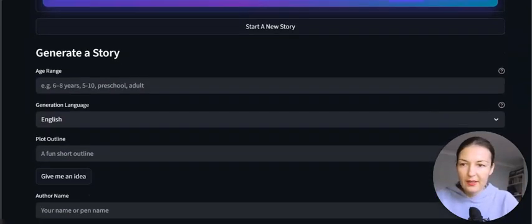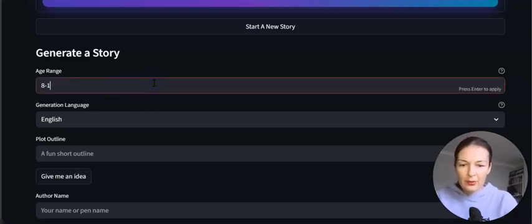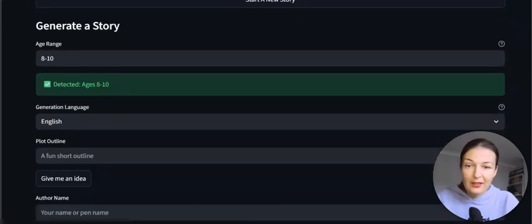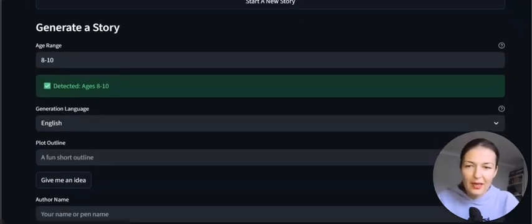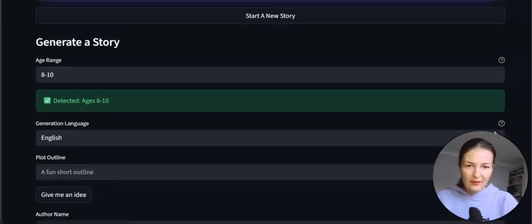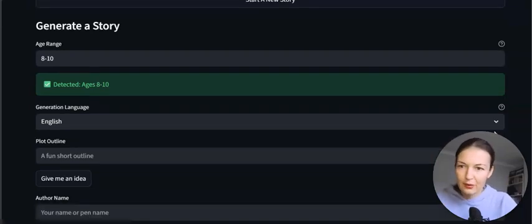Okay, so first things first, age range. So I would say 8 to 10. Now, actually, my daughter is 11, but I'm going to ask her to read the book, and if she approves, she's a writer herself, a proper bookworm, I'll publish it on Amazon as well, if she finds it fun to read and interesting. So 8 to 10, that's fine. The 8 to 10 would be quite a thick book, really. Do I want that? Okay, let's stick to 8 to 10.